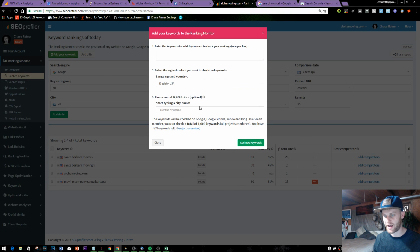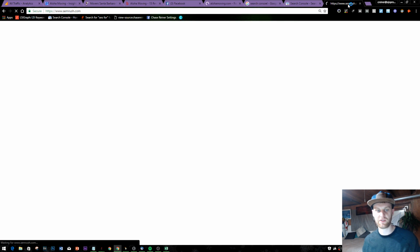here. We're going to add keywords, and I think some of these are overlapping, so we're going to take those out. Like Santa Barbara Moving, we already have that one. Whoops. That's a brand keyword. I guess we can keep that one. We're going to take out that cubic feet box. Boom. Looks good. Take that out. And looks good. Add keywords. Also, we're going to go to SEMrush and see if there's any other ones that are